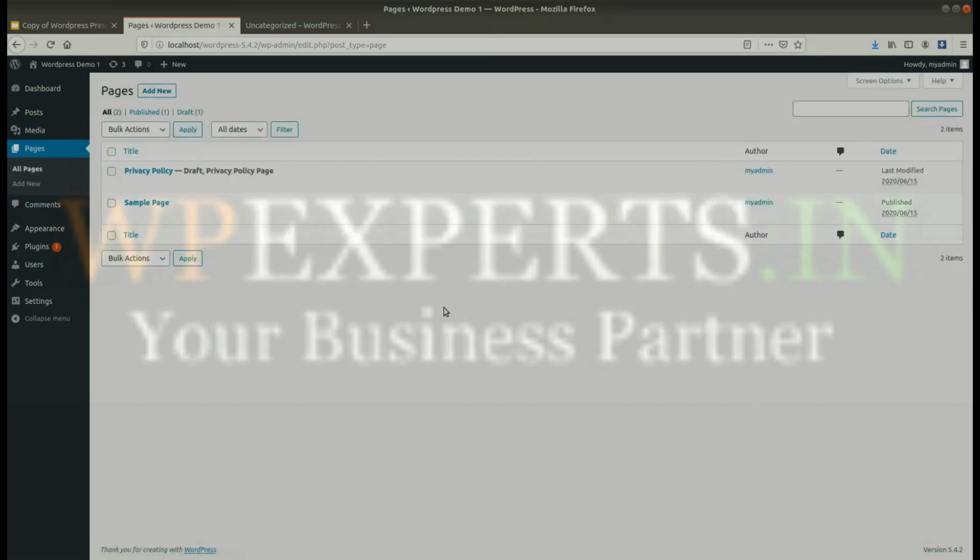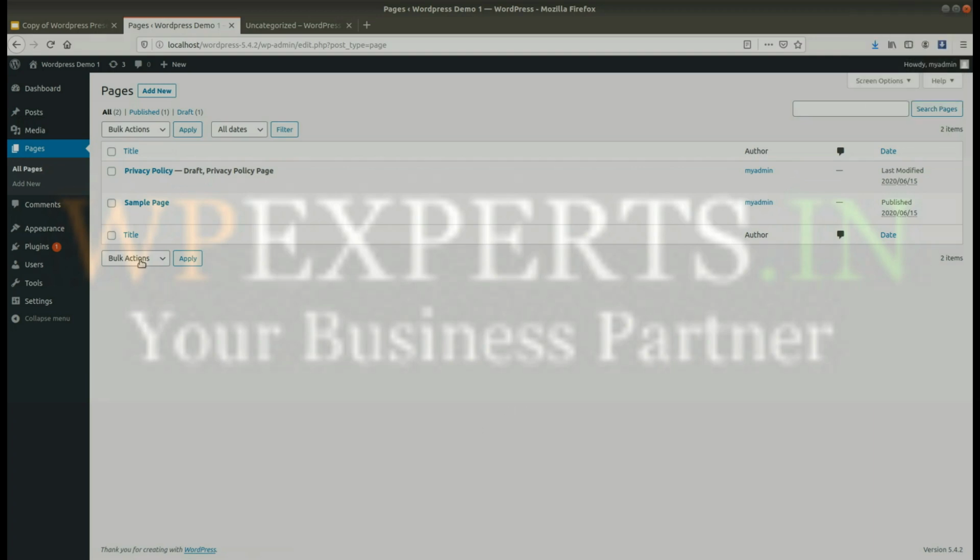And pages, these are the pages section. If you want to create your website as a CMS website and as a blog website as well, in that case you need to manage all the CMS part of the website using pages, and you can use posts for the blog of the website.